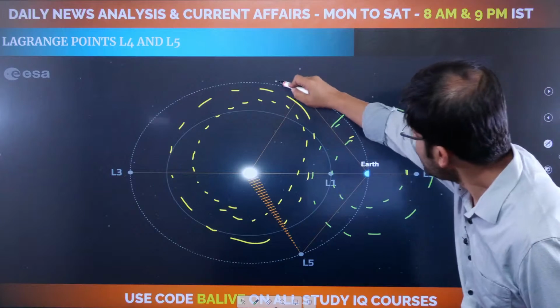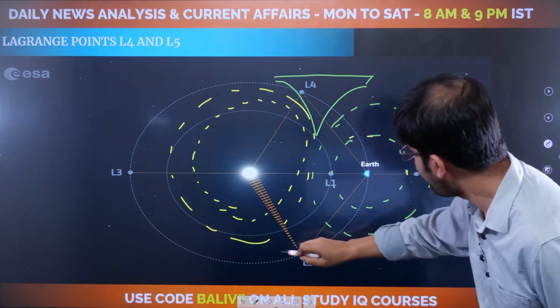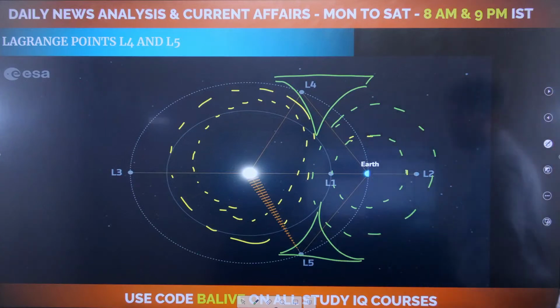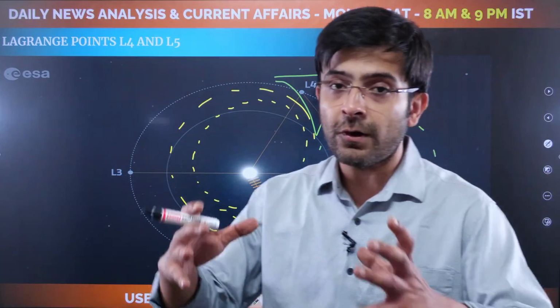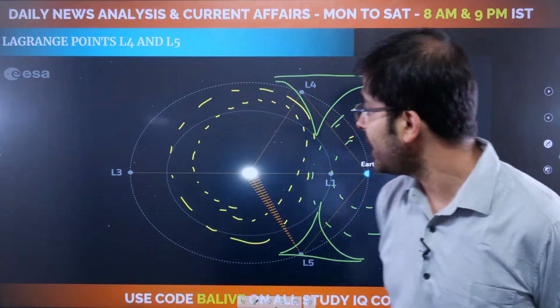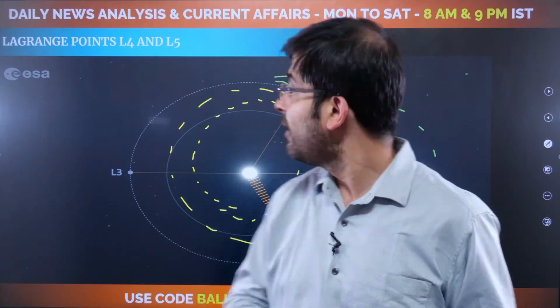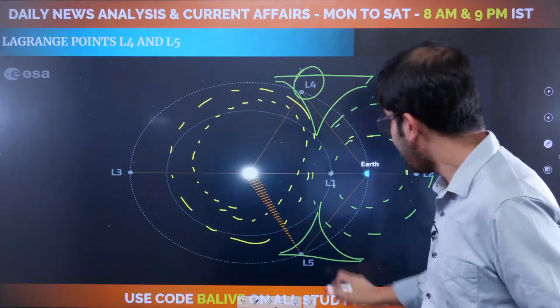What do you see here? This particular zone, guys, and this particular zone. Do you see that this is a zone where there is no interaction of the gravitational fields of both the Sun and the Earth? In all the other positions, L1, L2 and L3, you are essentially under the influence of both bodies, Earth and Sun. But in L4 and L5, you're not interacting with them at all. You are in that zone of absolute exclusion of gravitational field, which means you don't have to worry about stability. It is already a stable position. That is what L4 and L5 are.